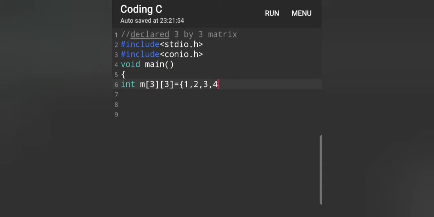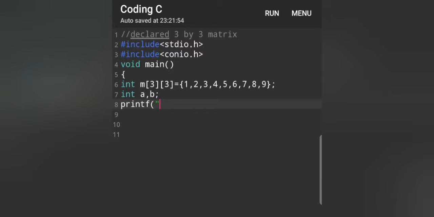After the declaration of the array, we will use an equal to operator, and then by making use of opening and closing curly braces, we will display all the 9 elements of our array. Here we will be making use of nested for loop, hence we are declaring two more variables of integer data type, which are a and b, and they will be used for the concept of looping.